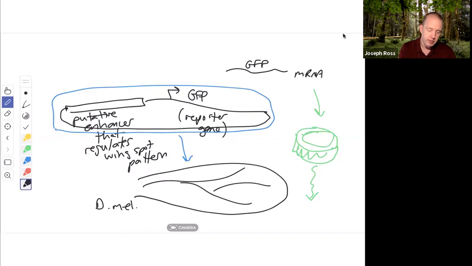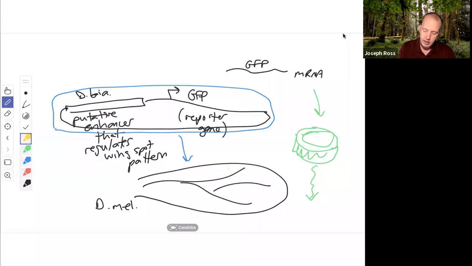But if this enhancer region, say that's from Drosophila biarmipes, BIA, if that enhancer is important in that wing spot production of yellow, if you put this construct into Drosophila melanogaster, maybe when you find an enhancer sequence that is critical for producing the expression of whatever gene is being regulated by it, normally in biarmipes that would be yellow, but here we're using a reporter gene, GFP,